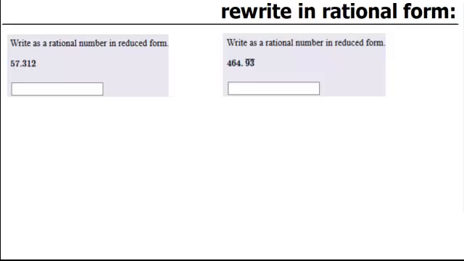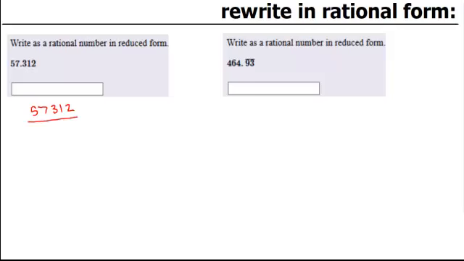Right, so this is one of the first things that we talked about: taking a repeating or terminating decimal and rewriting it in its rational form as a fraction. The first thing you need to do is recognize, are you dealing with a terminating decimal or a repeating decimal? This first example terminates, meaning it stops right here after this third digit after the decimal. So what you're going to do to simplify this is write out all your digits,